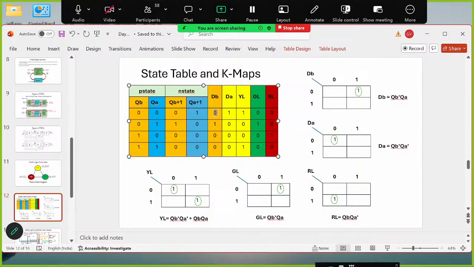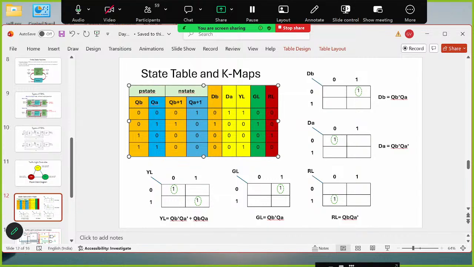So, if you remember, the transition table for D flip-flop is Qn plus 1 equal to D. Means in D flip-flop, whatever is available at the input, the same is available at the output, because it is sometimes called a transparent latch or transparent D flip-flop. Whatever value will be applied at the input, it will be available at the output. Okay, so in case of D flip-flops,